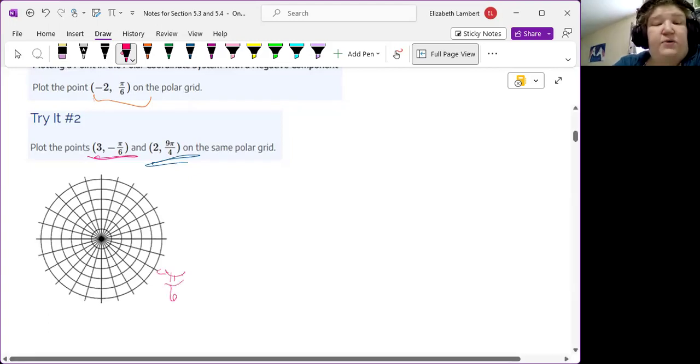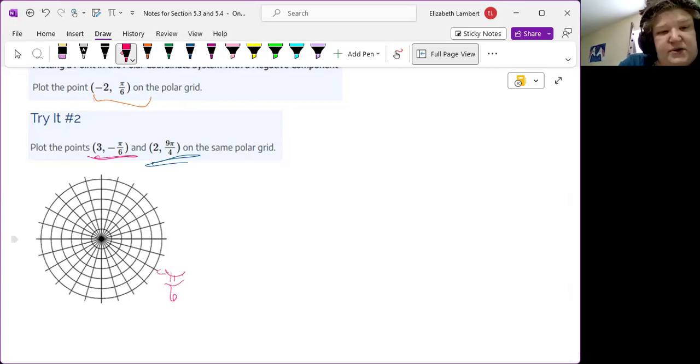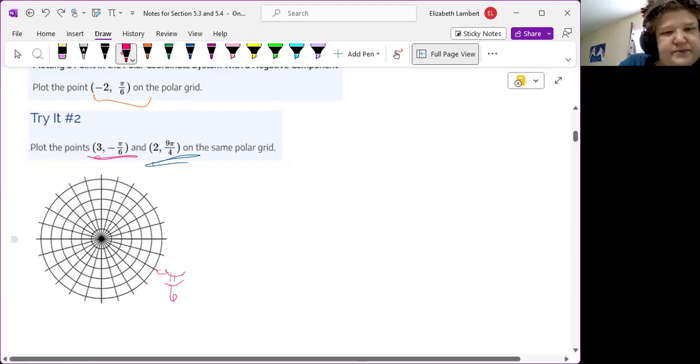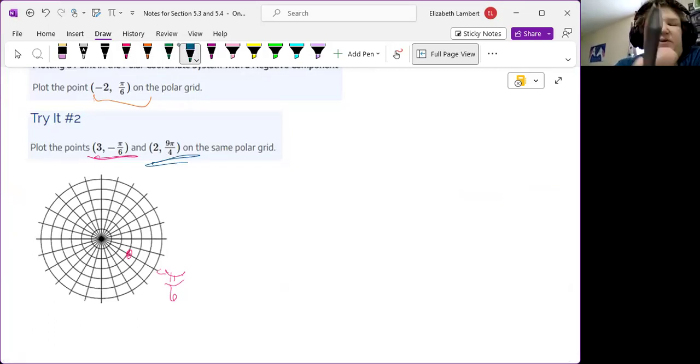And then we're going to count 3 along that line. So 1, 2, 3. Now our 2 and the 9 pi over 4. So 9 pi over 4, that one's kind of big. 4 goes into 9 twice with 1 left over. So 9 pi over 4